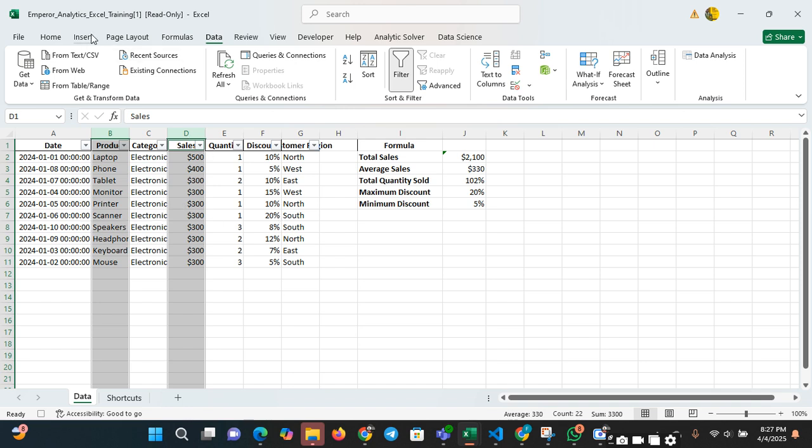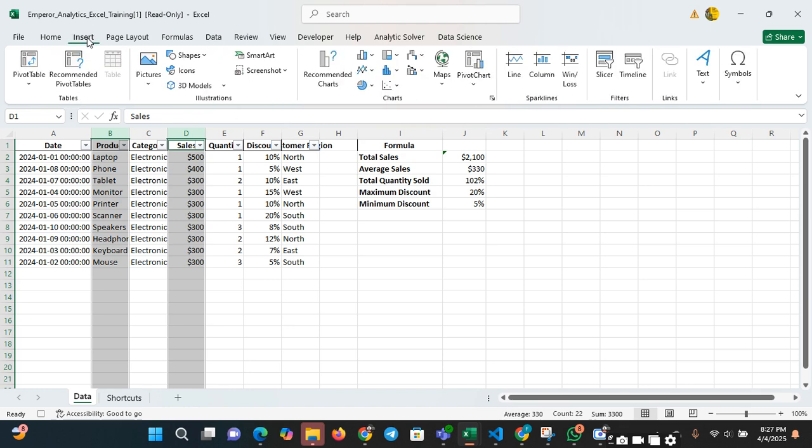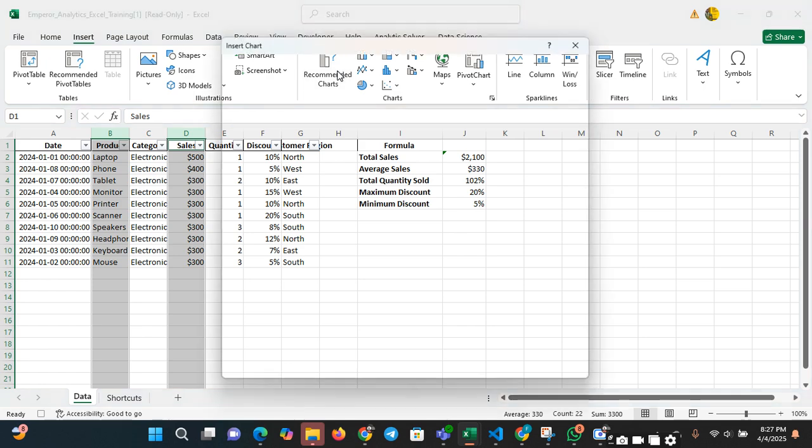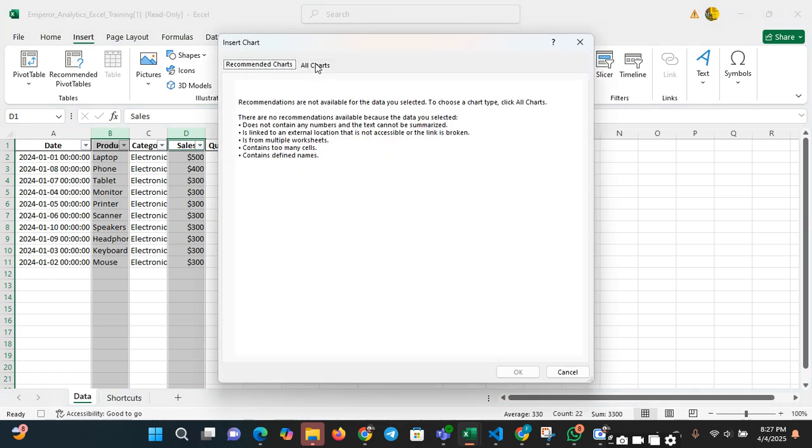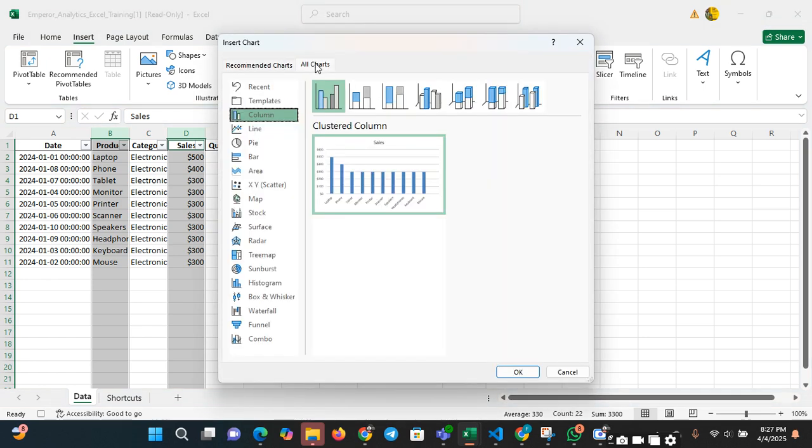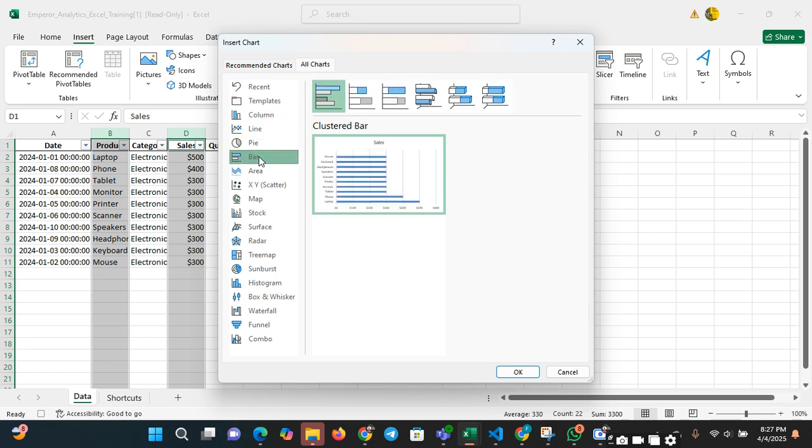So you now go to insert. When you get to insert, then you click on the recommended chart. After you click on your recommended chart, you will click on all chart. Then you click on bar chart here. So after you click on bar chart,